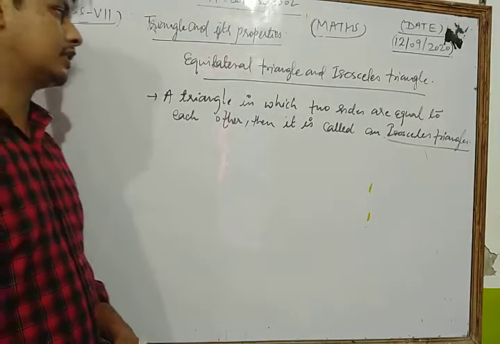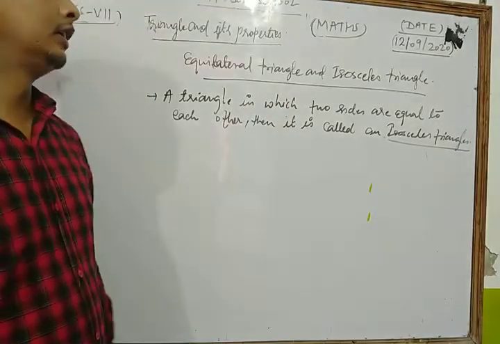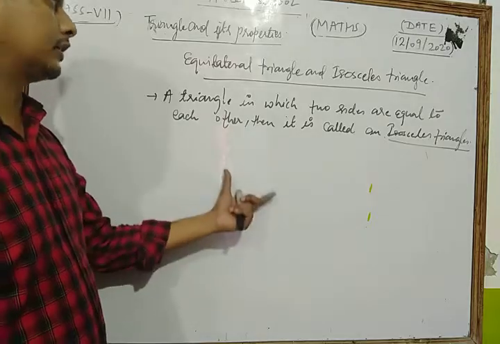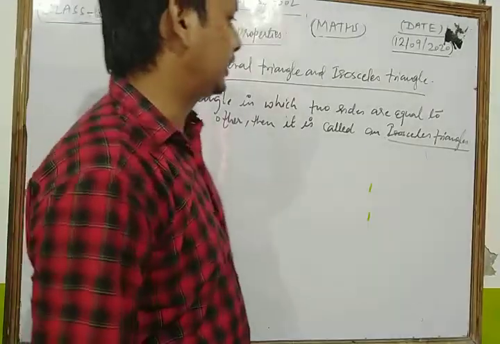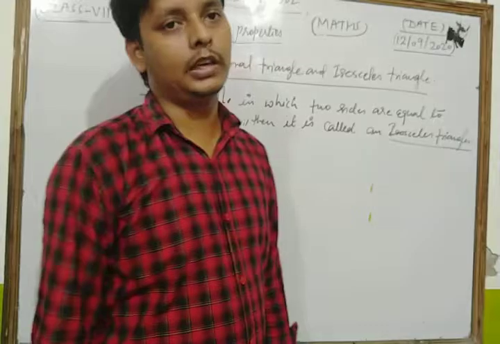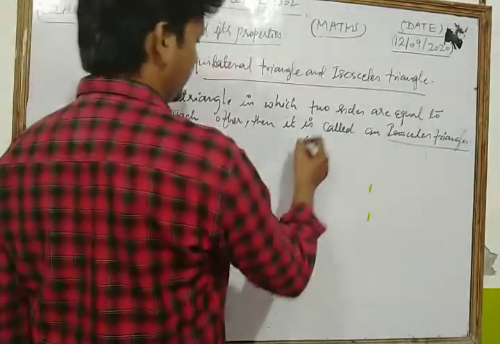Dear students, this is a very important concept of the isosceles triangle. If a triangle has any two sides of equal length, then it is said to be an isosceles triangle. Suppose that